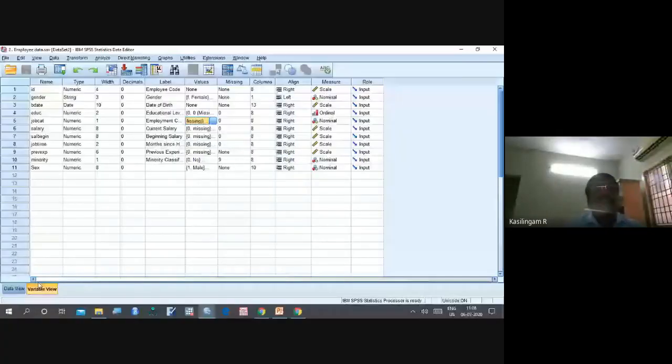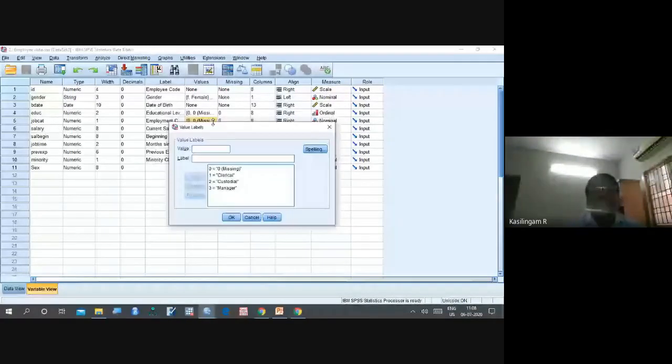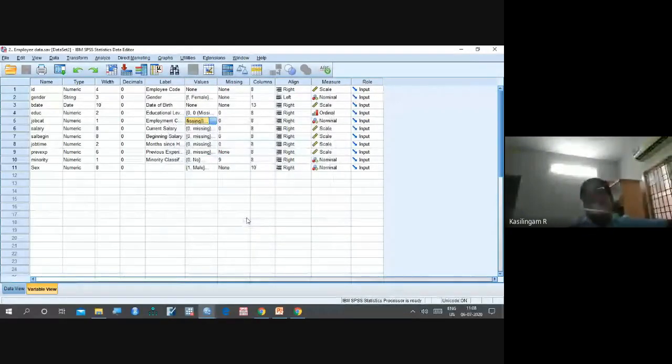These three job categories: clerical, custodial, manager. Their salary is different or not. So I'm going to use ANOVA.